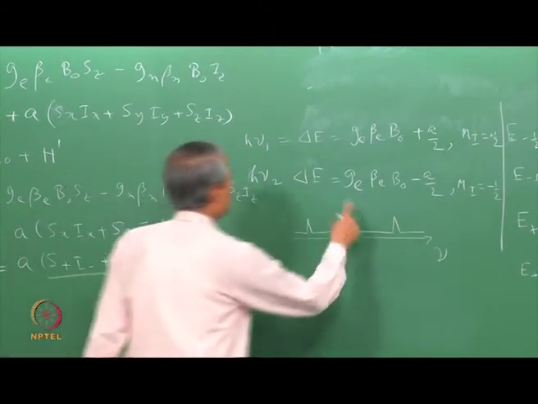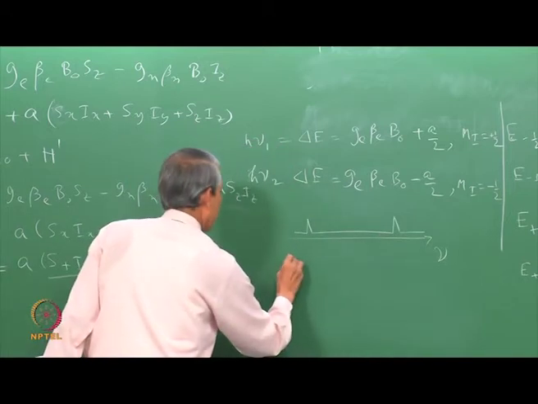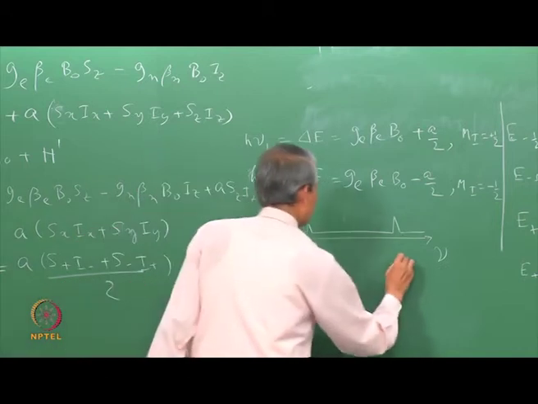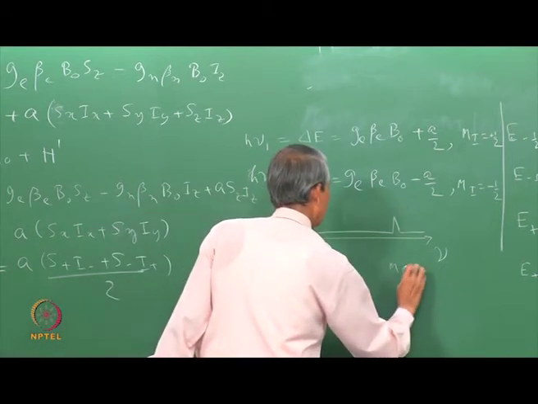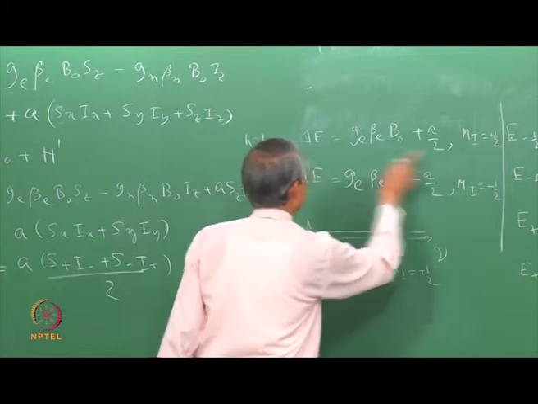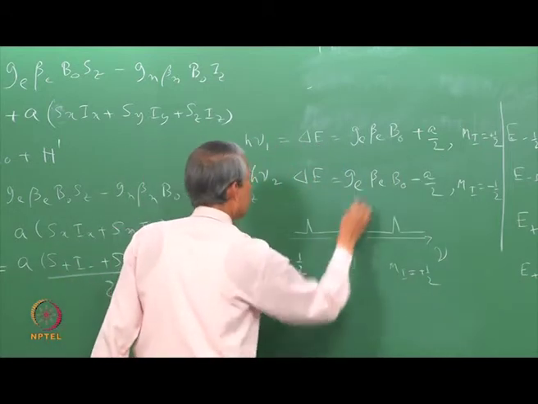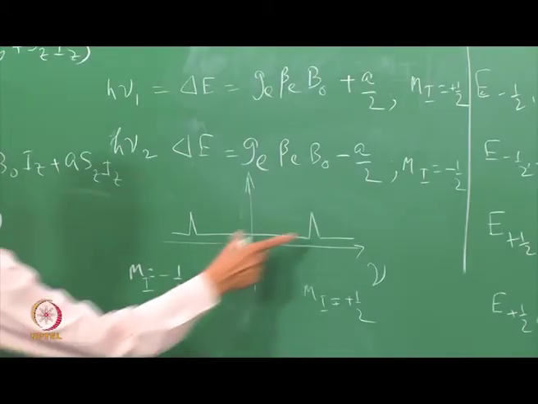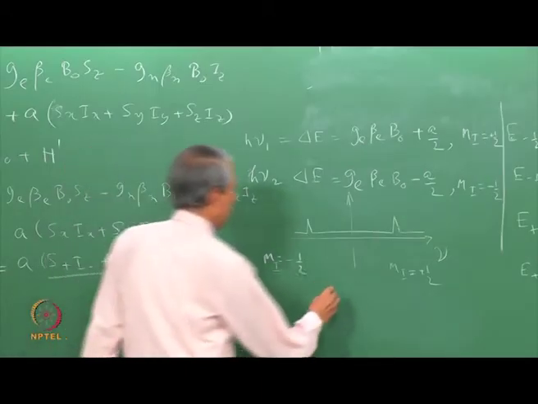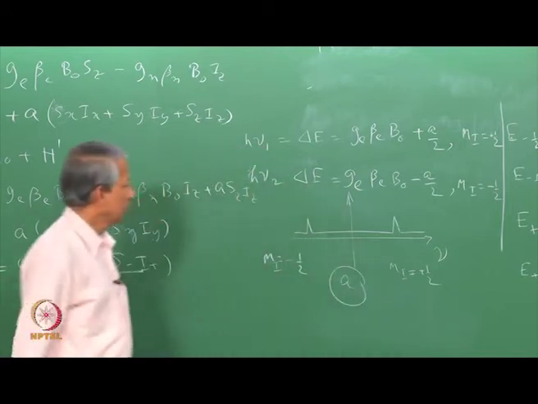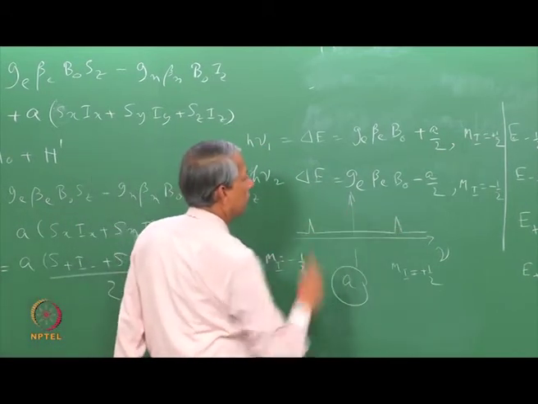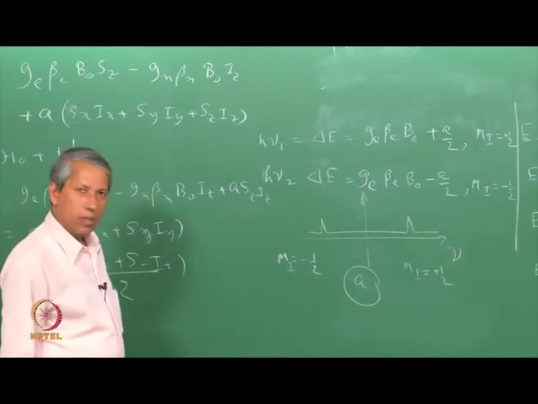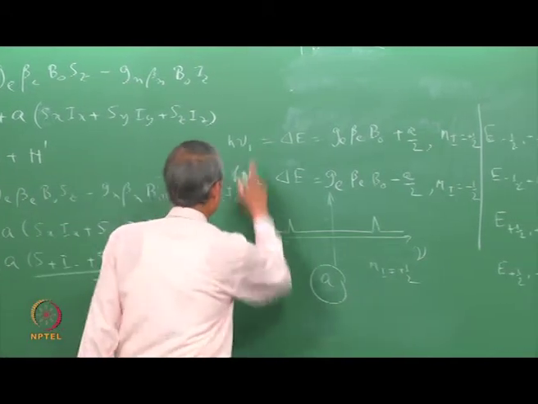The low frequency peak will correspond to mI equal to minus half, other one corresponds to mI equal to plus half, higher energy. So, the center of this is exactly given by this one. So, this gap is now exactly equal to A. So, we say that in frequency unit, this is exactly equal to the hyperfine coupling constant, because nu 1 will be